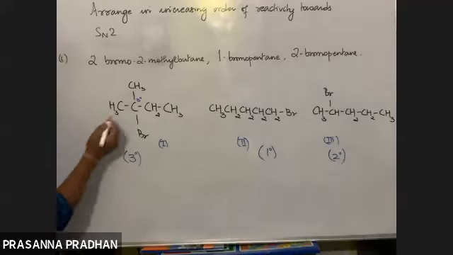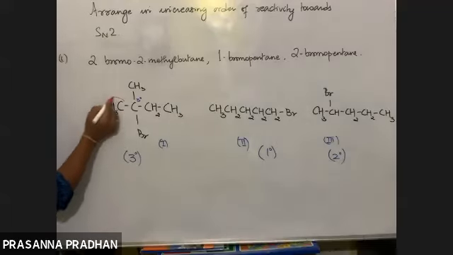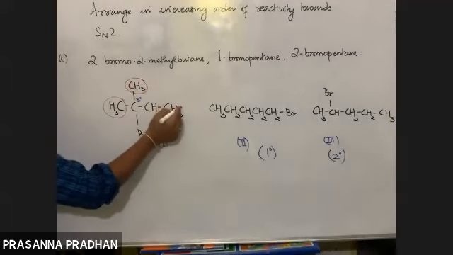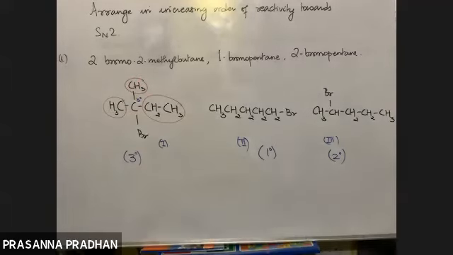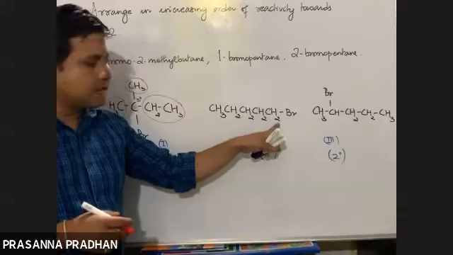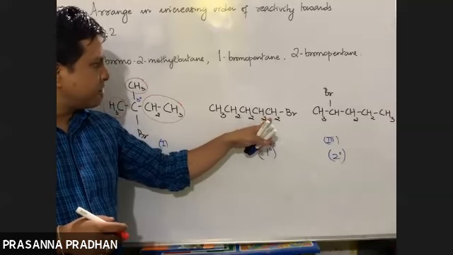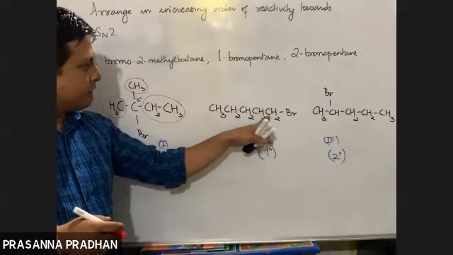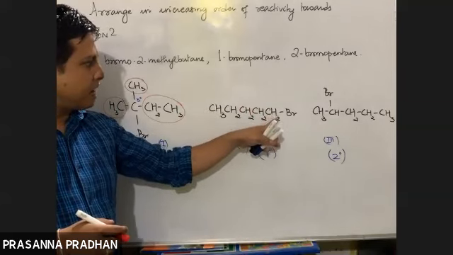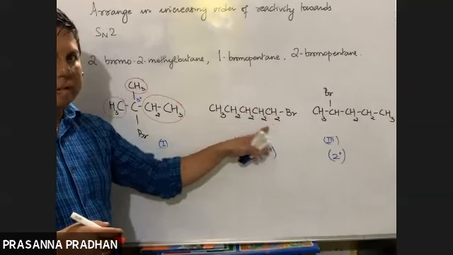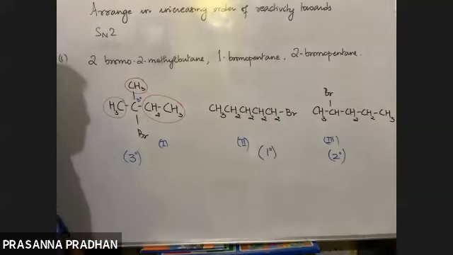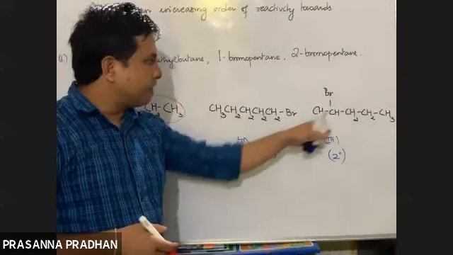Then remember the nucleophile has to attack this carbon atom, right? So here we have 3 bulky groups. In tertiary alkyl halide, the steric hindrance will be maximum. So yes, it becomes most difficult for the nucleophile to attack this carbon. Here the steric hindrance is least because the nucleophile has to attack this carbon. Fine. So this carbon is bonded to one very big group, but at the same time it is bonded to 2 small hydrogen atoms out here. So steric hindrance will be least out here. That means it becomes easiest for the nucleophile to attack out here, followed by this.